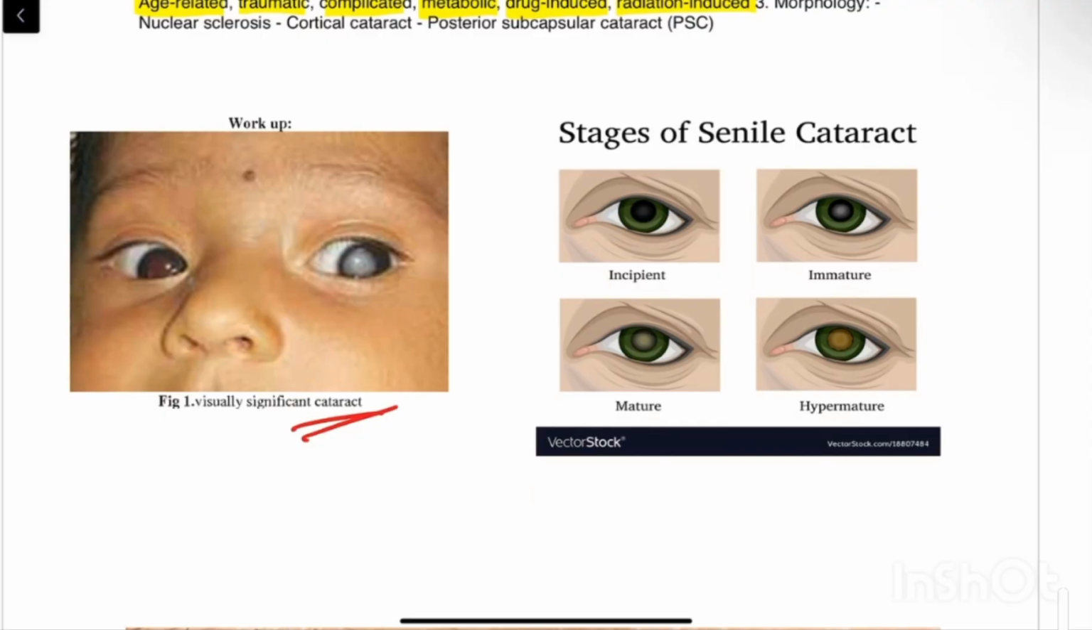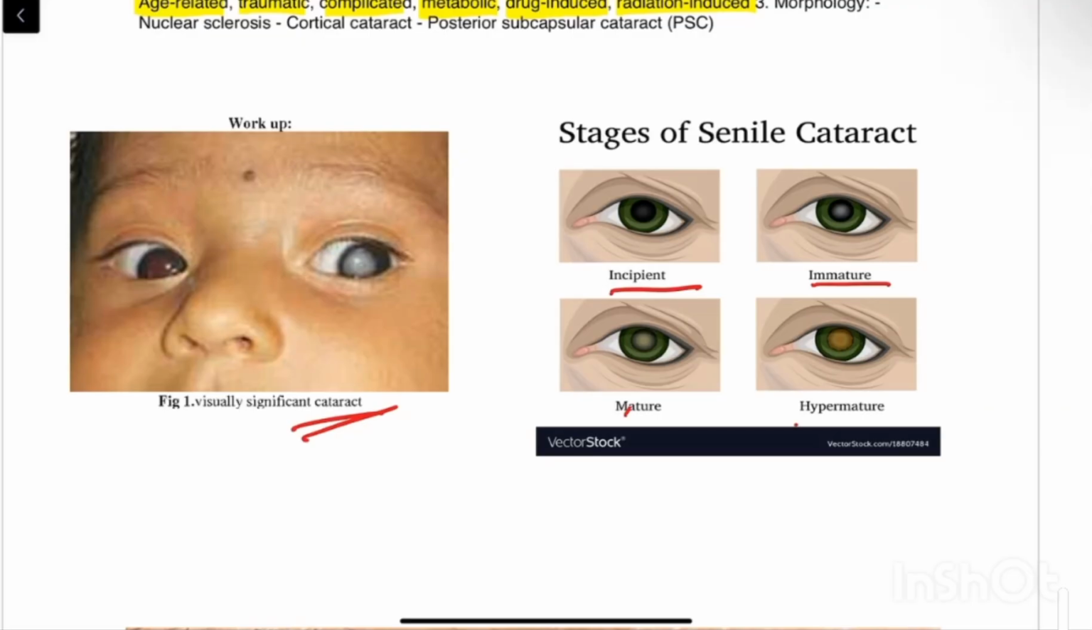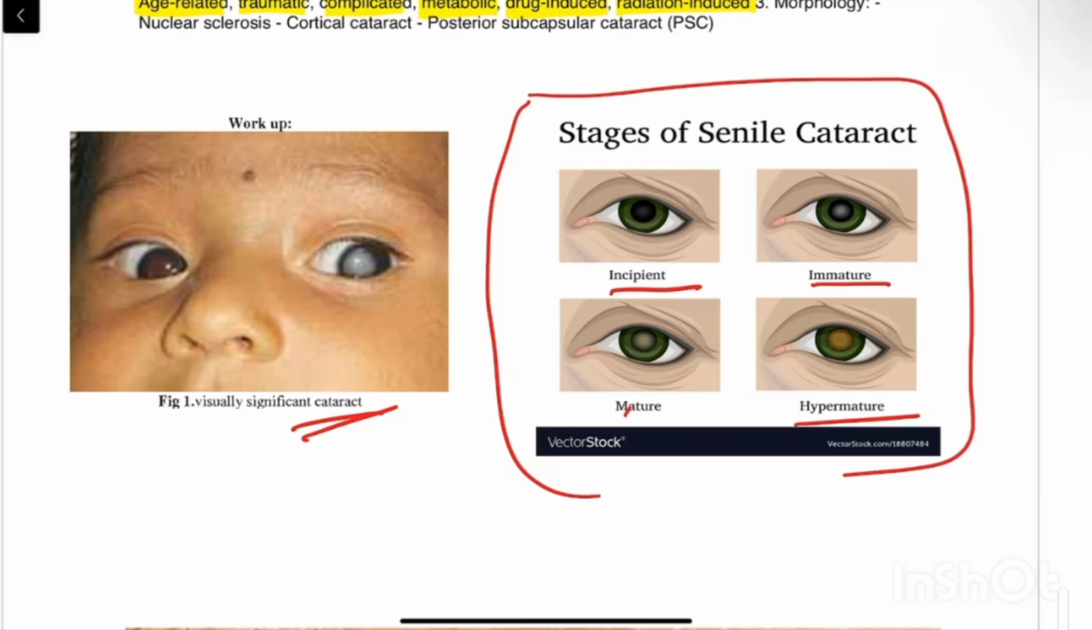Just remember there are 4 types, like incipient, this is in the initial stage of the cataract. Then it is progressing to the next stage called immature cataract. After that is the mature cataract, and then the hypermature cataract. So all these are stages which are seen in senile cataract. Okay,